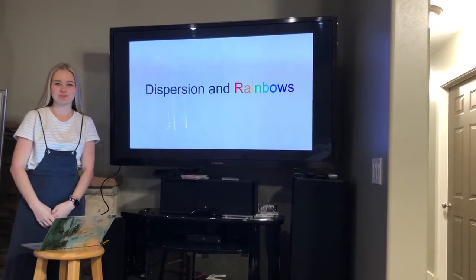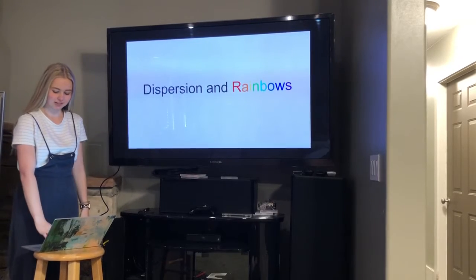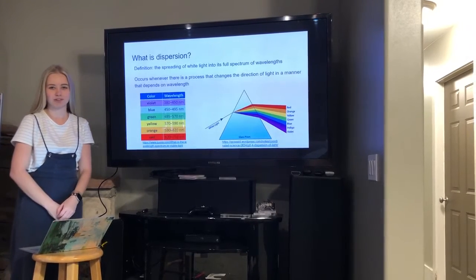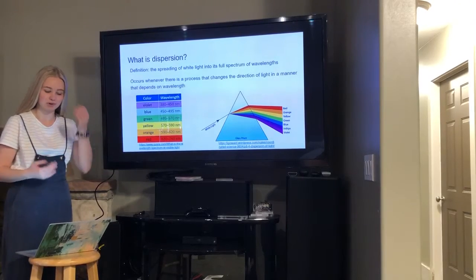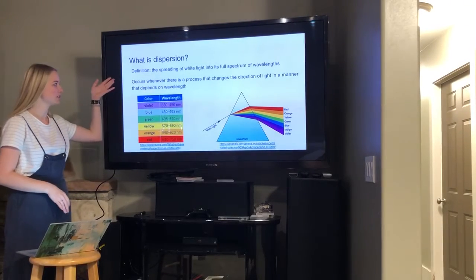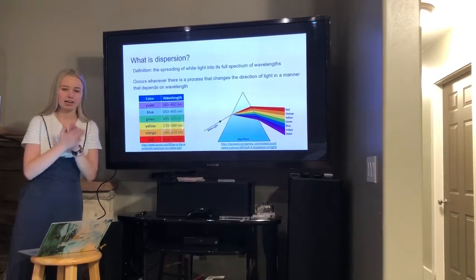Alright, this video is about dispersion and rainbows, and so let's go ahead and get started. First of all, we have to know what dispersion is in order to understand why it's important in rainbows. The definition of dispersion is the spreading of white light into its full spectrum of colors, and usually this